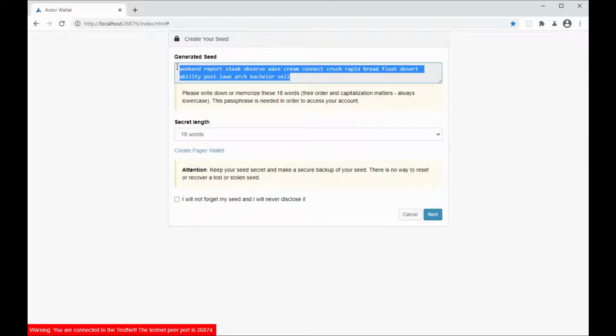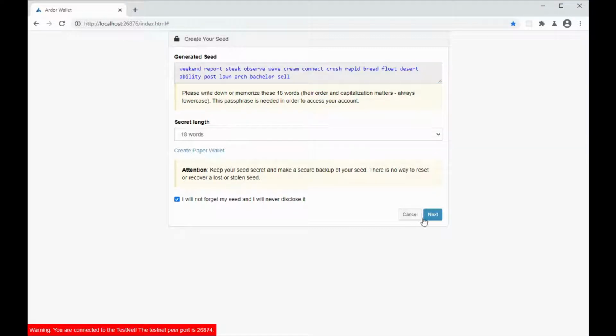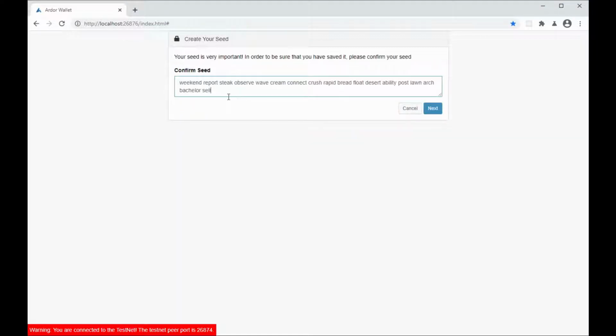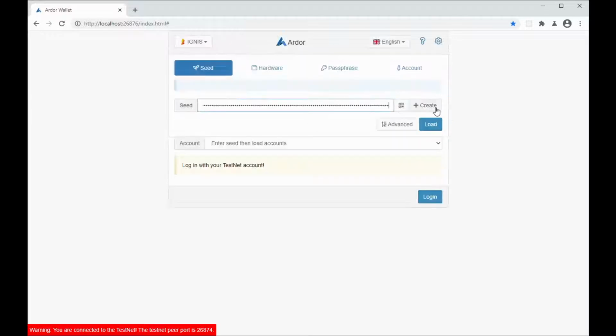Usually we would write it down in a safe place, but for now I will just copy it to notepad somewhere, and then okay, I will not forget. Next step, I need to confirm that I correctly saved my seed. So now the seed is ready, and I can just click load, and it will start checking